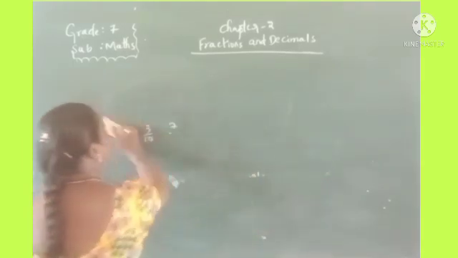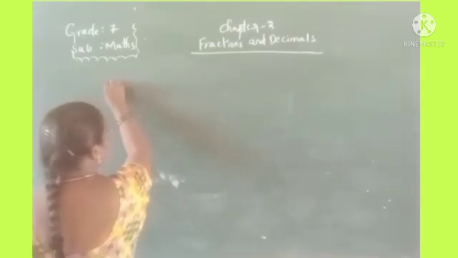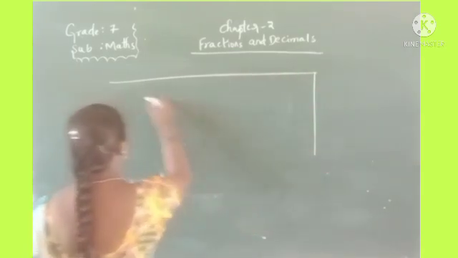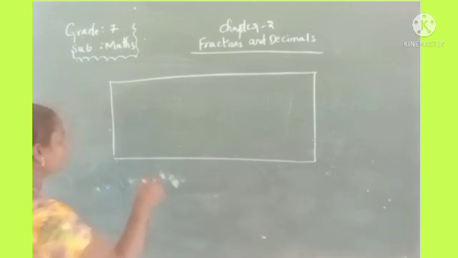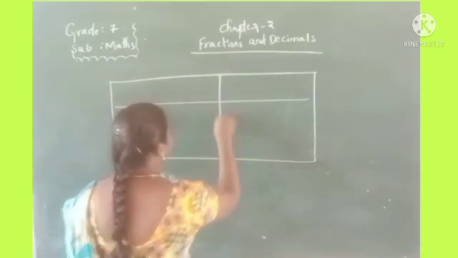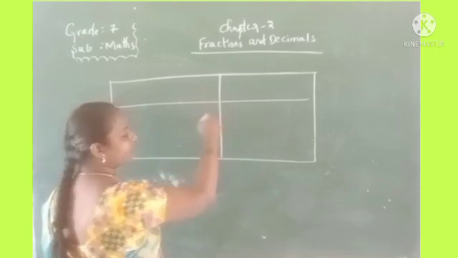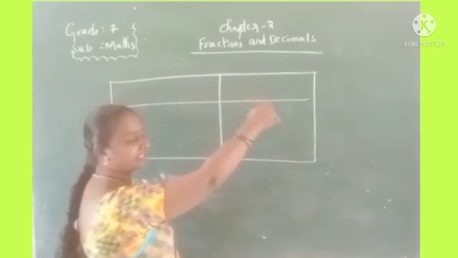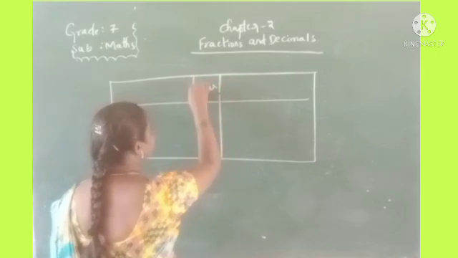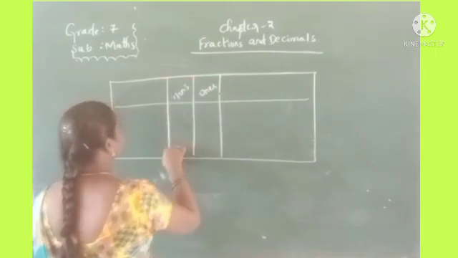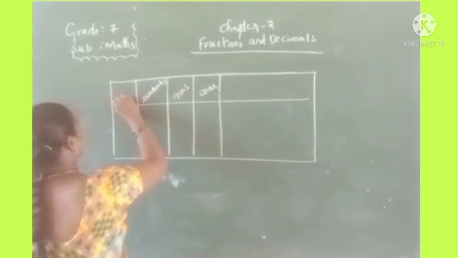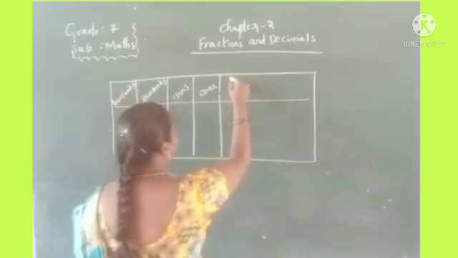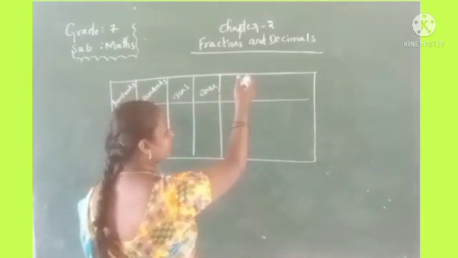I will explain this by using the place value table. I will show how we write the decimal numbers and how to find the place values of decimal numbers. See here, the decimal numbers have a whole number part and a decimal part. On the left side are the ones, tens, hundreds, and here thousands. Okay, and next you may write there, and after that when we move one digit to the right side,